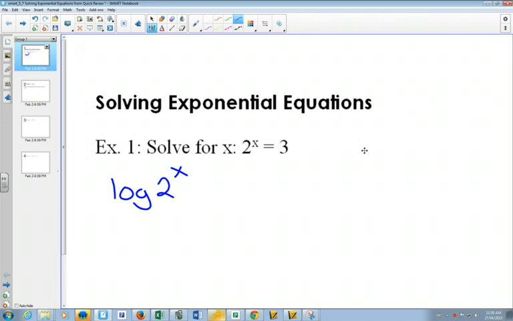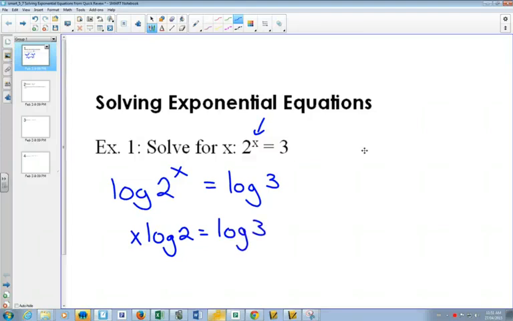So the very first step that we're going to do in these situations when we see the x in the exponent: we've done some already where we could change both sides to the same base. But this one with a base of 2 and the other side a base of 3, you can't do that. So then you're going to take the log of both sides as the first step, because it's still an equation. So what you do to one side of the equation, you do the other, and this is still a valid step. Now our log law says this x can come out in front,